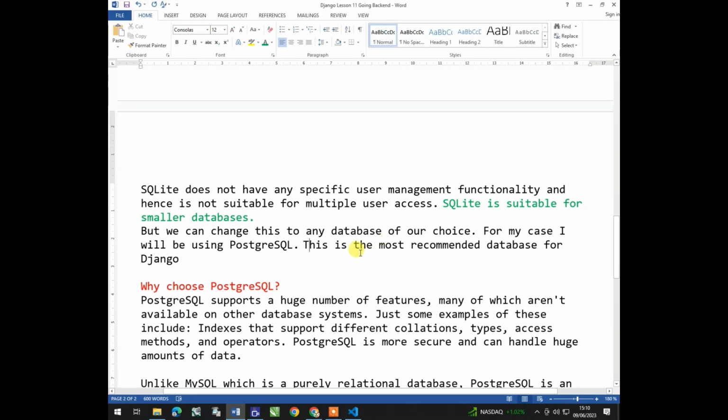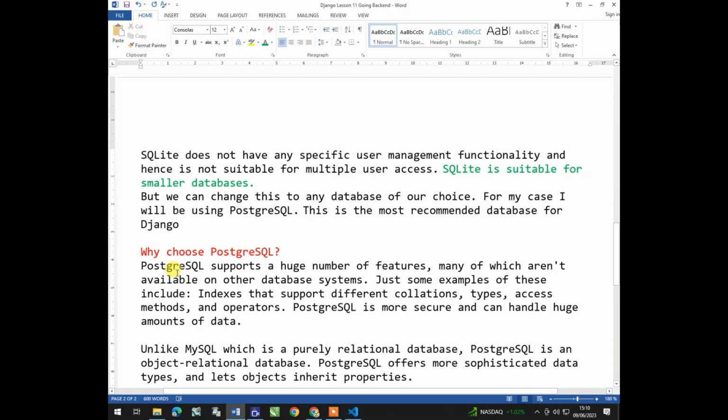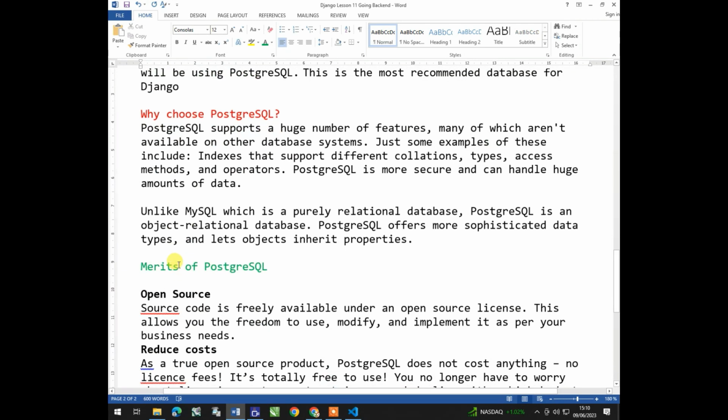So when you are dealing with Django, you should use this database. PostgreSQL is more secure. We are going to see why we are going to choose it. So the reason why we choose PostgreSQL first is that